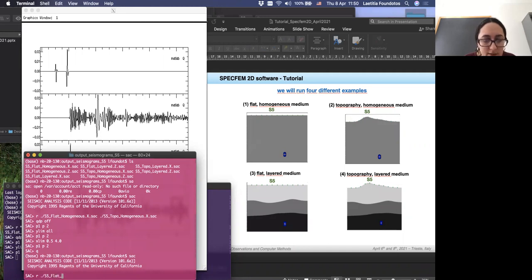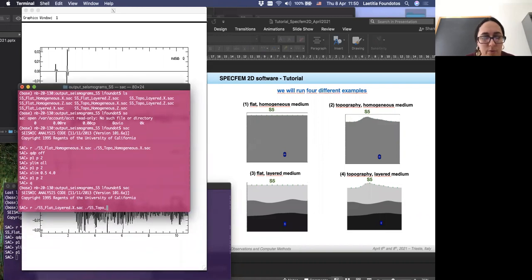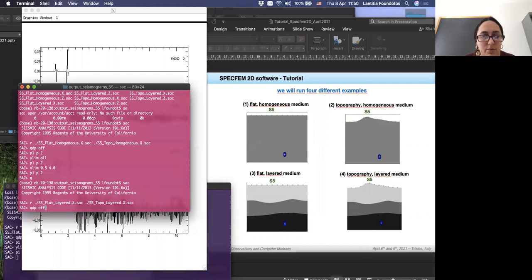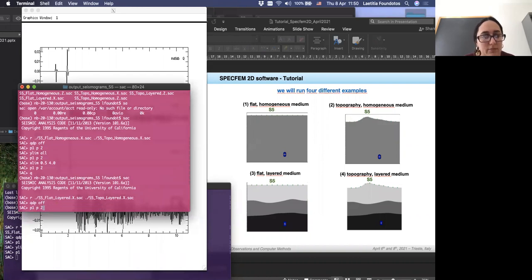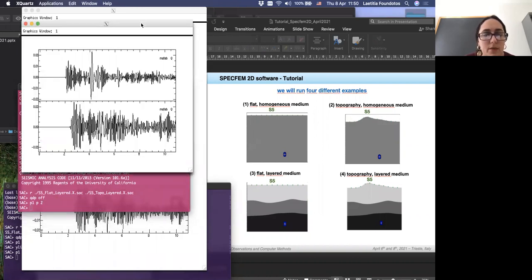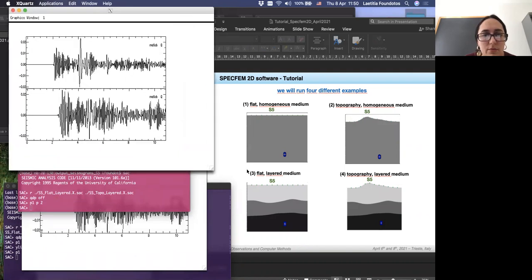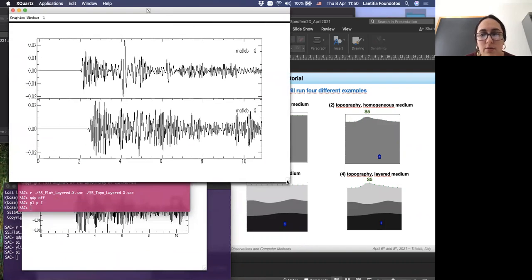So flat with layers, okay, and topo with layers for X components. So, okay, now we have quite a difference in the shape of the waveform, and a little bit interesting.